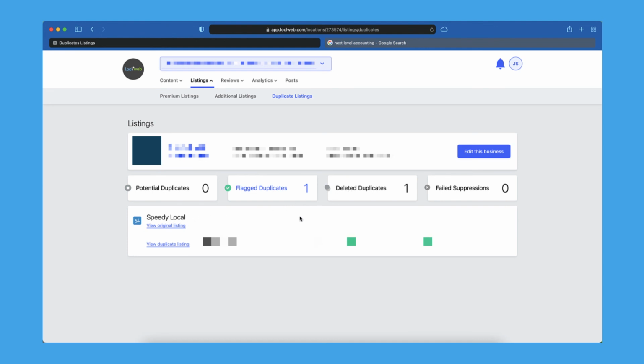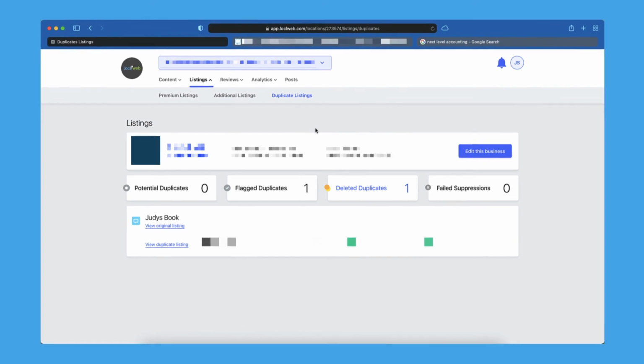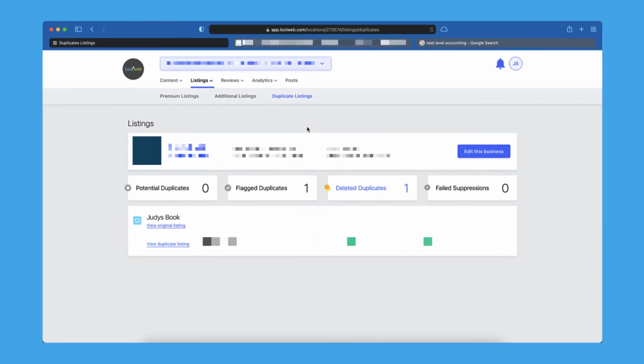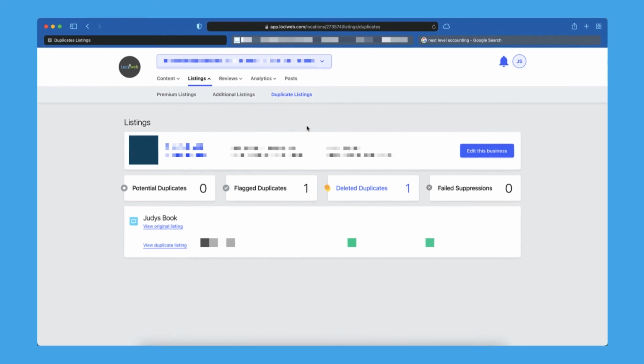But if you have a duplicate and there's an issue, you can actually decide how you want to go forward fixing it. So do you want to delete the duplicate? Which one do you want to keep? It was resolved. There was at one time another duplicate, which was Judy's Book. That one was resolved too. The duplicate was deleted. So you can see the original listing and the duplicate listing. So that's it. Of course, if you're in the duplicate listing section here, you can go back to editing your business right here. There's a button. That's a convenient way, but that's all you need to do to edit your business information, and also check on your listings if they're synced and take care of any duplicate listings.